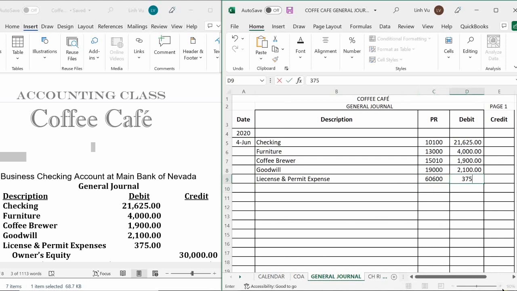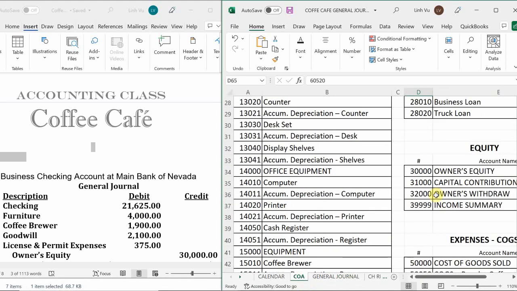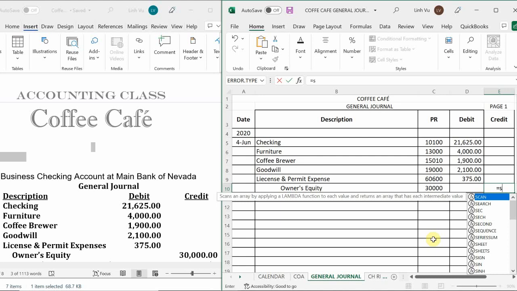Okay, for $375. And then last but not least, we have a credit account. It's going to be for the owner's equity, which is account number 30,000. And it should be equal to the total number of your credits here. So if you want to, you could put 30,000,